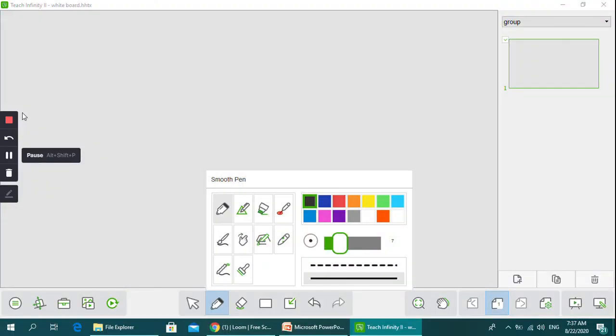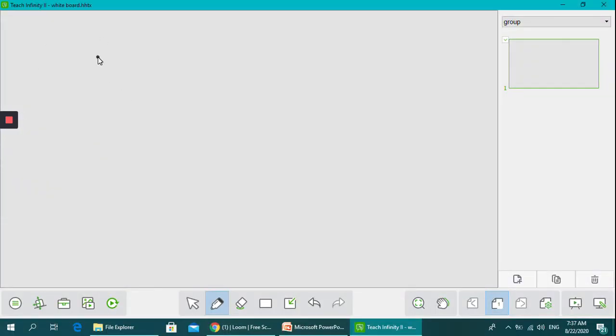These are the shortcuts we already learned: cut, copy, paste.